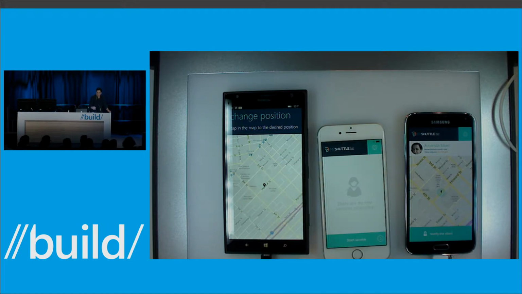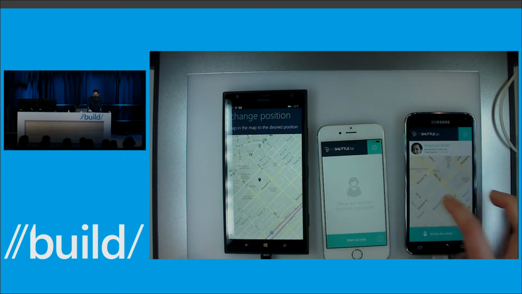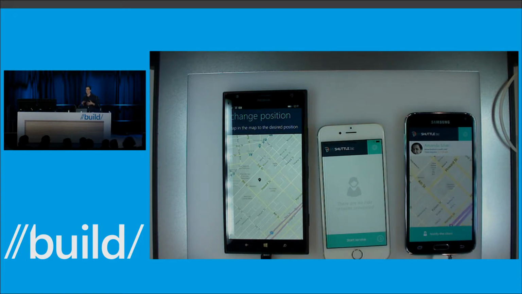So you see the pin on the Android device there. I can update my location. You see that it updates right there. So this is a very kind of live experience. That's off screen, but as you can see in just a second, it should show us the pin being updated. So this is using SignalR, which is a part of ASP.NET for real-time communications.